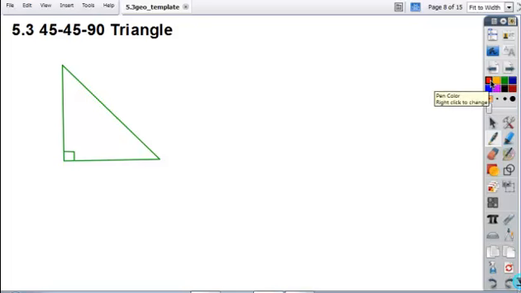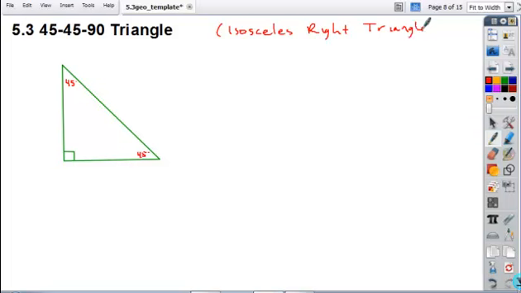The first type of triangle that we're going to deal with is called a 45, 45, 90. What that means is the angles of the triangle are 45, 45, and a 90, or right angle. And these are also referred to as isosceles right triangles. And when you're dealing with an isosceles right triangle, the fact that the two base angles of this isosceles triangle,